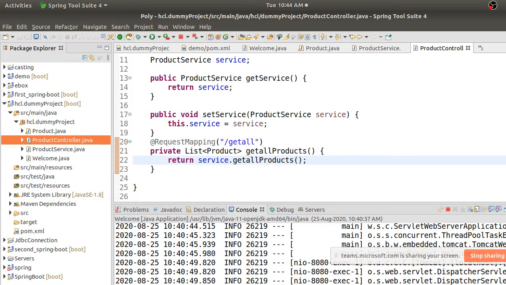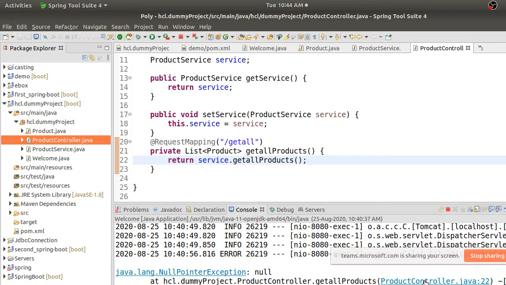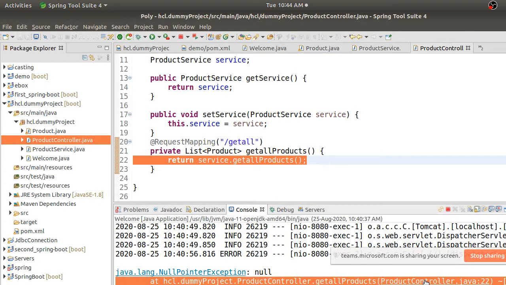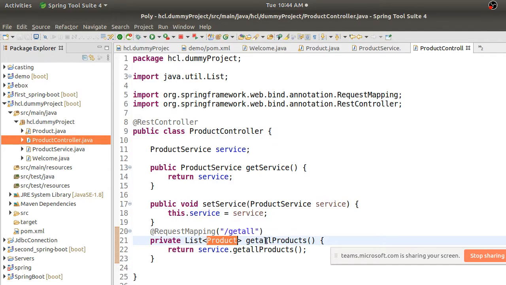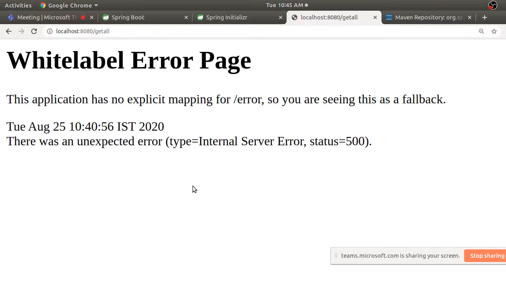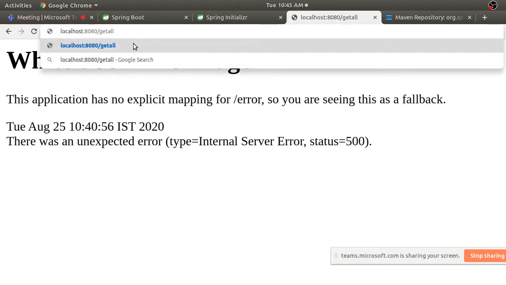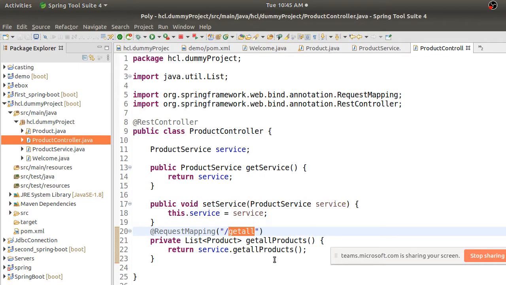Application, get all products. Okay, once I stop it and rerun it, maybe that is the reason.